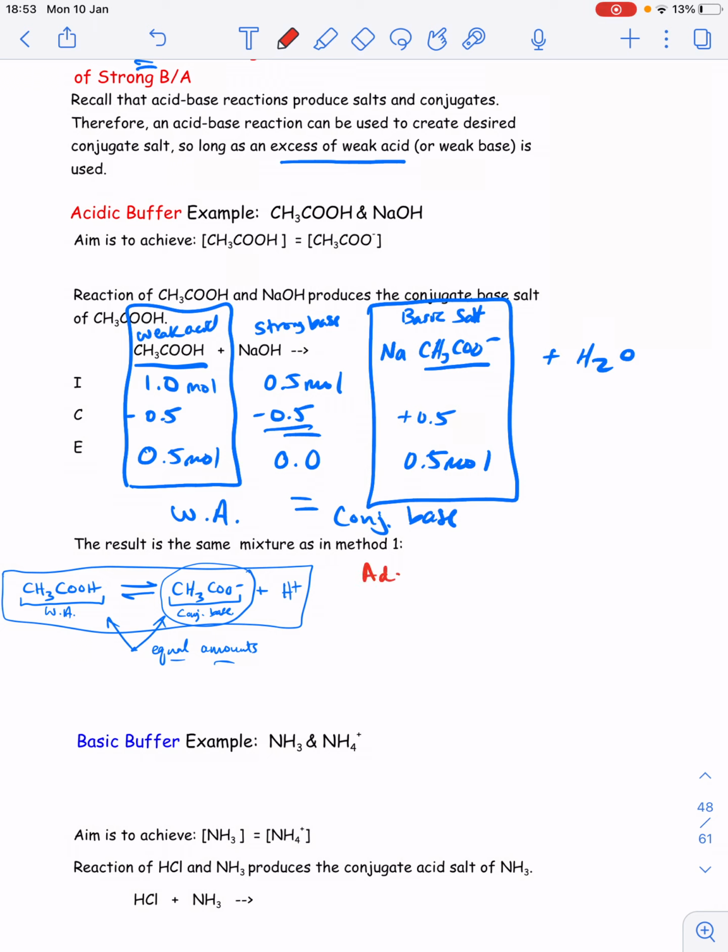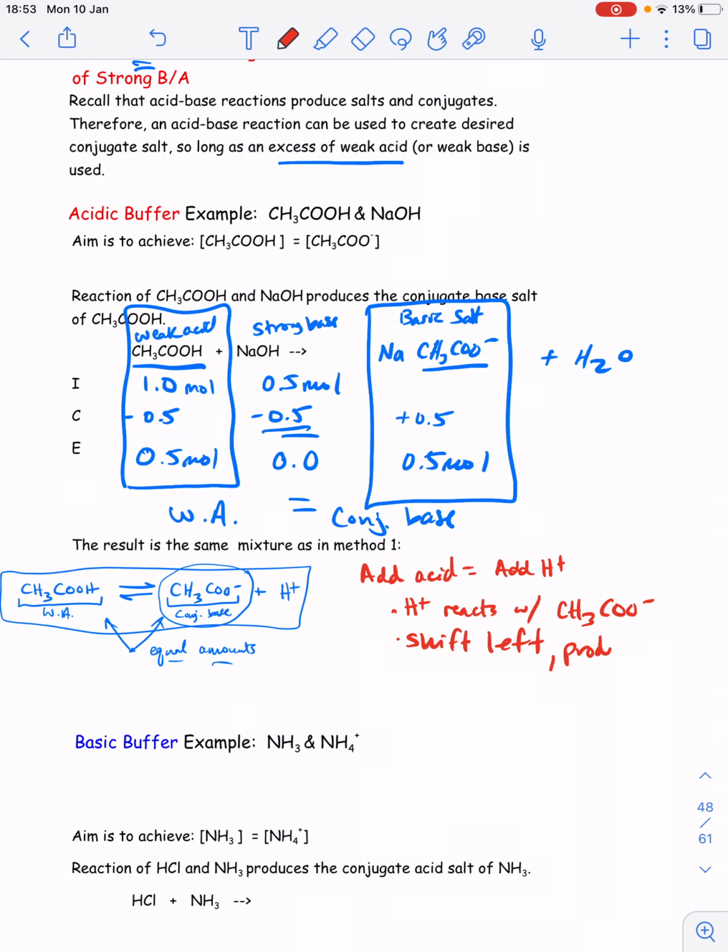If we add acid, we're going to add H+. If we add H+, we'd say that H+ reacts with the conjugate base, the ethanoate ions. It's going to cause a shift left,